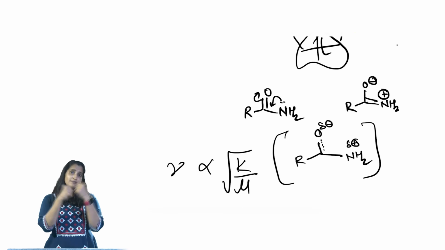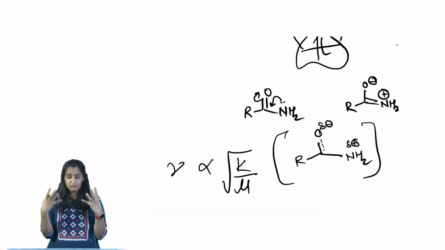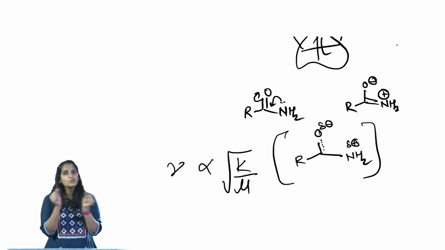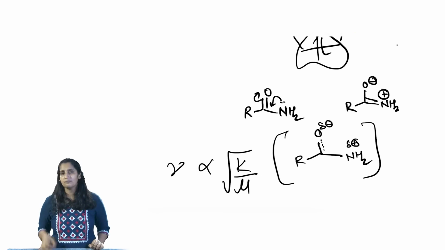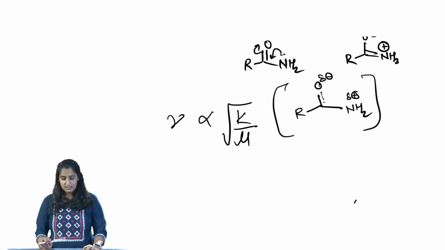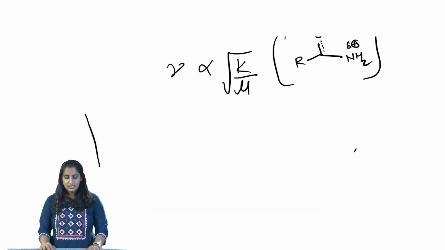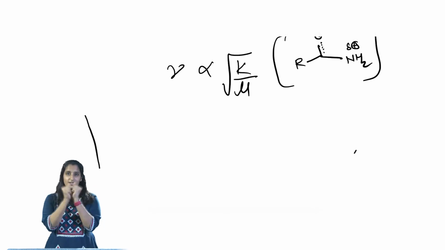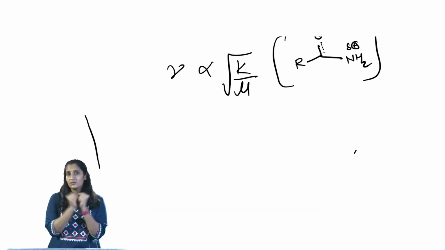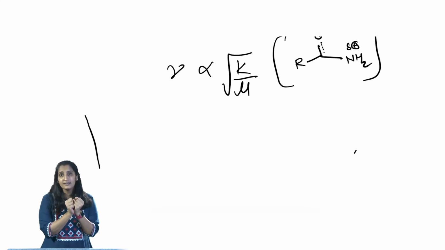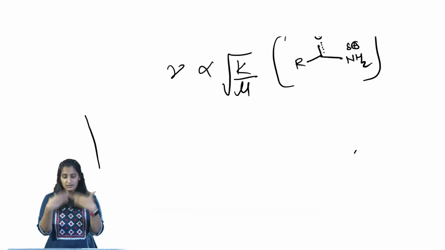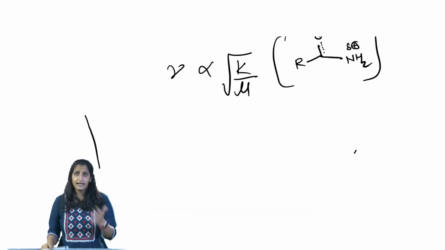So, we imagine different bonds to be like a spring, with k being the spring constant, that is, how strong or weak the bonds are, and mu is the reduced mass. Now, if we compare this, the bonds that are really strong and intact, the ones having more double bond character, are going to have a higher k, and they are going to vibrate at a higher wave number, and that is what in fact we